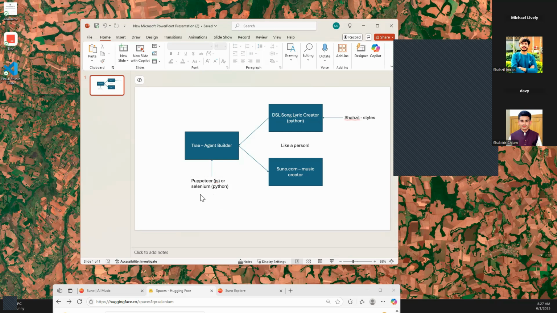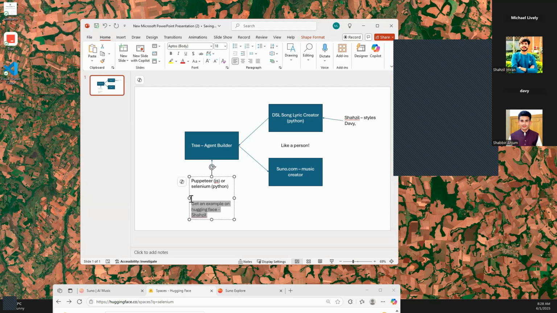Who wants to work on that one? Anybody want to look at those two? Basically, just write some code with Selenium or Puppeteer and get it on Hugging Face. Okay, I will try Selenium. No, I told that to Shazir. Okay, all right. If you're going to do that, then we want to give someone else the styles. Shabir, do you want to do the styles? If you want, Michael, we have a few days in the hackathon, so I can go with both, no issue. We're going to give it to Davey, let him look at styles, and you can look at styles as well. Sure, definitely, no problem.